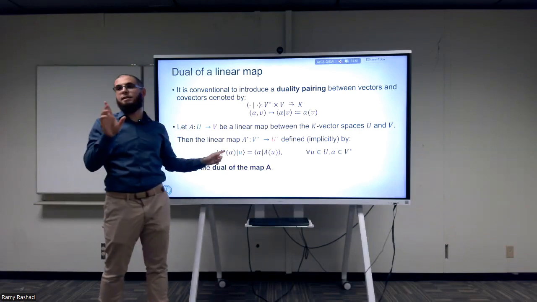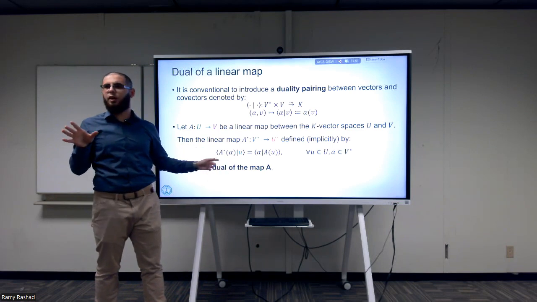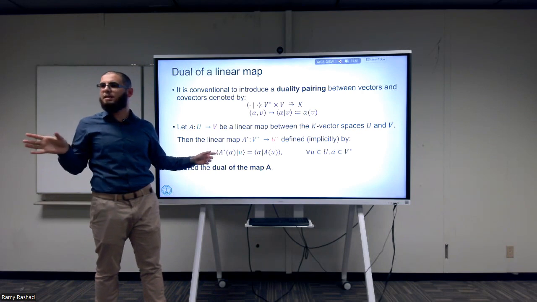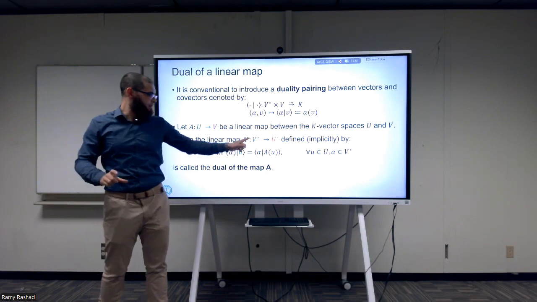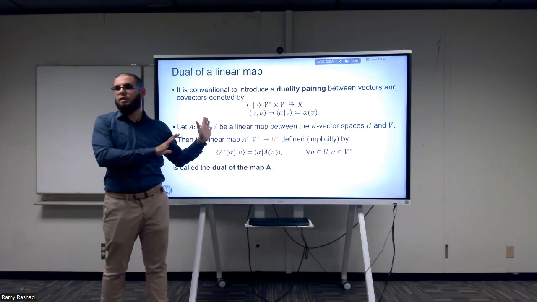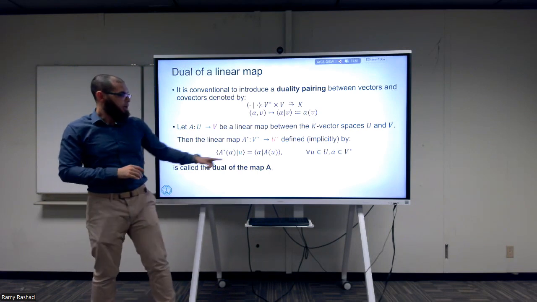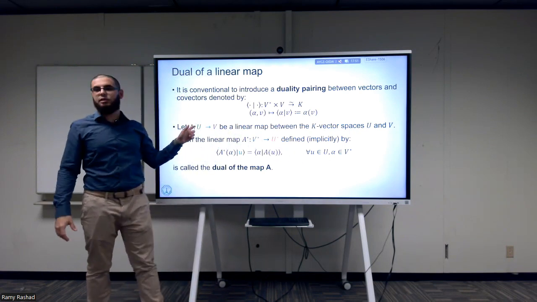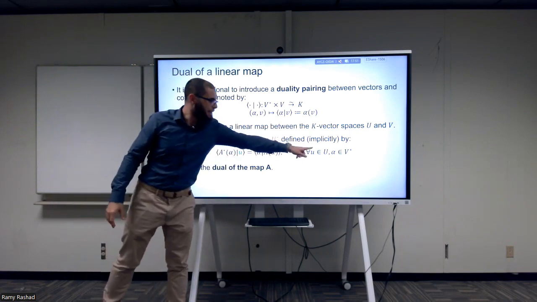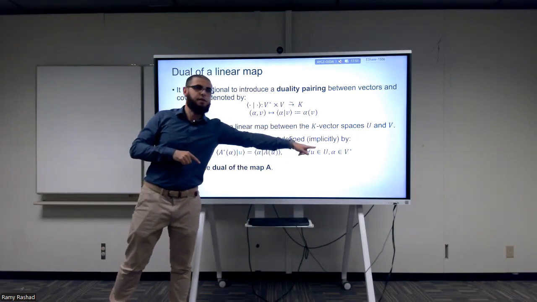And it's defined implicitly. You've probably seen this in some papers before and maybe didn't understand it. An implicit definition means that we're not writing it as something explicit. It's just that if this map satisfies this, then this is its definition. And it's defined as follows. If you give me any element U of the vector space U, and any element alpha of the dual vector space V star,